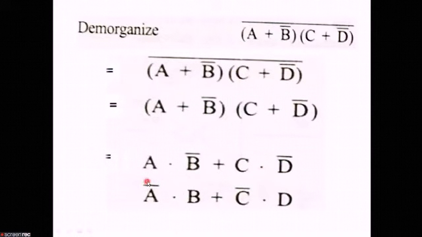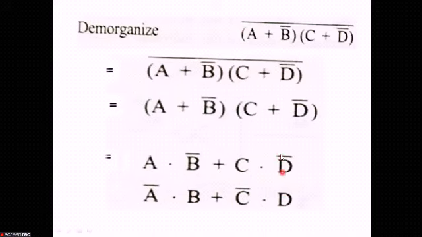Next, what was the step in method 1? Complement each of the individual variables. There are 4 variables, A, B, C and D. Now we will complement each variable. A will be changed to A bar, B will be changed to B double bar, so you give a bar here, and it will be B. C will be changed to C bar and D will be changed to D bar, and there will be one more bar here to complement it, so it will be D.